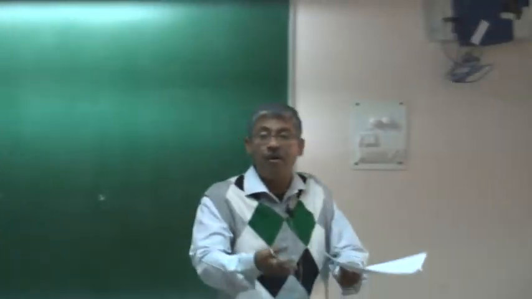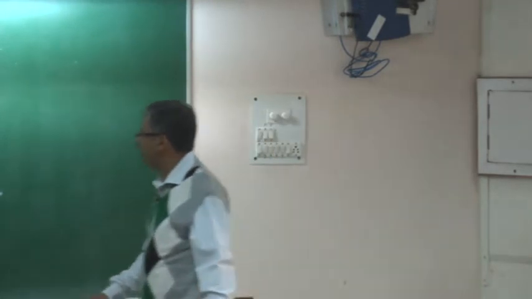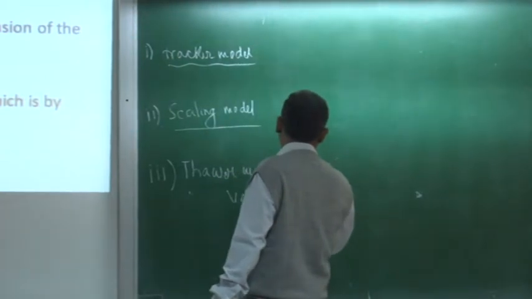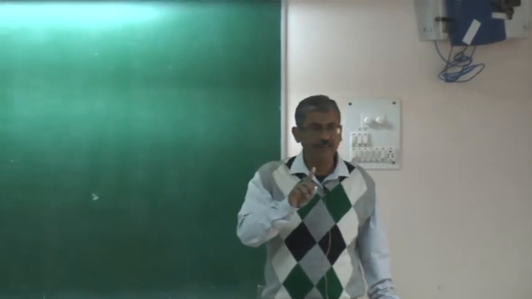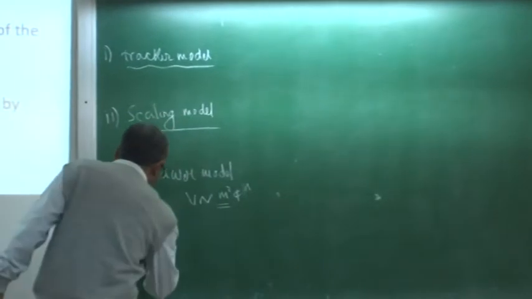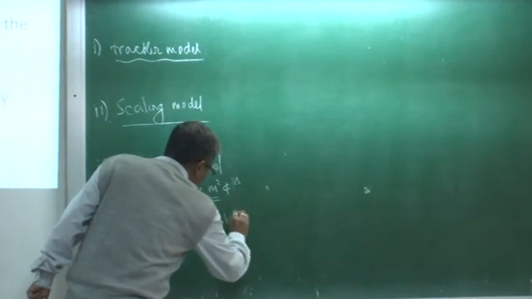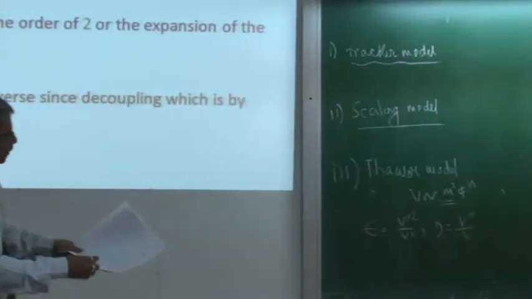In the Thawing model what happens is that you have something like the inflation potential, something called the chaotic model. You have already learned the chaotic model of inflation, where the potential is m square phi square or m square phi to the power n, that kind of potential, and this m is very, very small. You have already learned the two slow-roll conditions in inflation. One is epsilon, which is V prime square by V square, and another is eta, which is V double prime by V. And to have inflation, these two parameters have to be smaller than 1. Once these two parameters become greater than 1, the inflation ends.